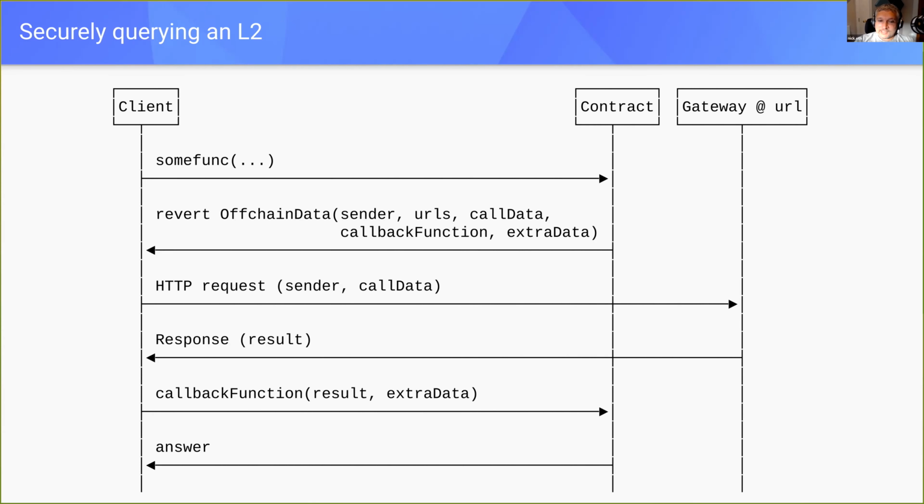So a concrete example: in this case, the client is intending to resolve an ENS name. The contract is an ENS resolver. And we go and ask it, what is the address of this? And it comes back and says, I need some extra data to answer that question. Please consult this gateway. And this gateway is, say, an Optimism gateway. And so we go off and we ask the Optimism gateway, and it says, here is a blob of data which will prove cryptographically that this name resolves to this result.